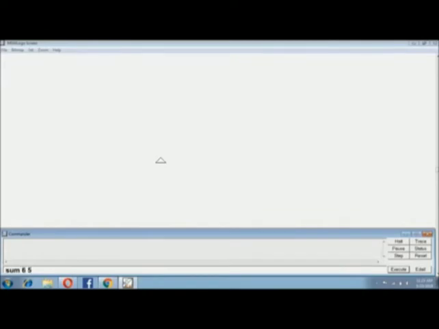But before giving the command, you have to type the print command, because the print command will tell the compiler where you want to see the result, and it will print the result in the commander window. So the result is 11.